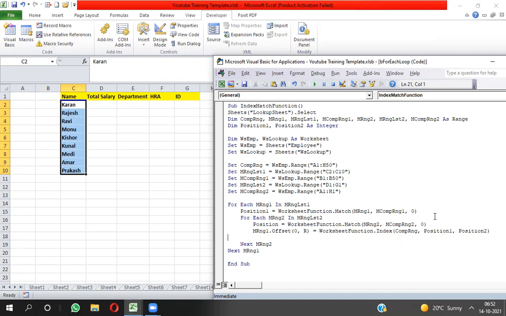Okay. Now I have to take output. Actually R needs to be declared, so I'm declaring R also. R will be used to create a cell reference of all these.